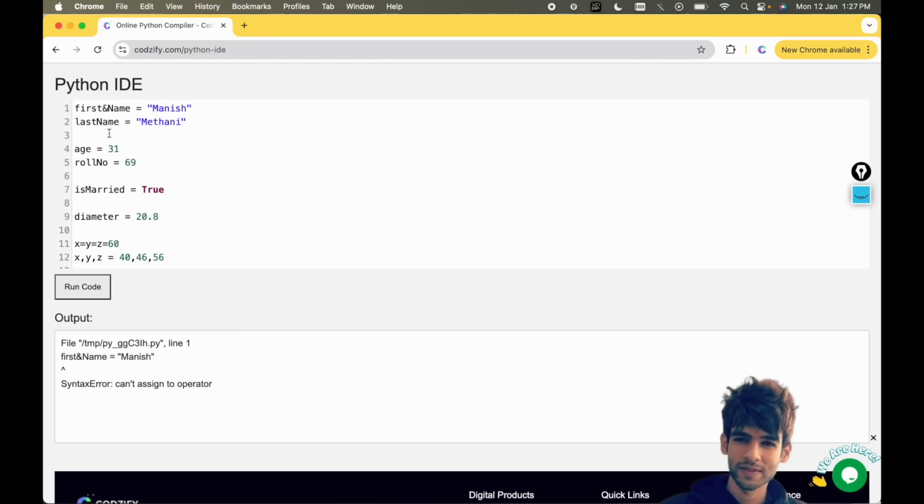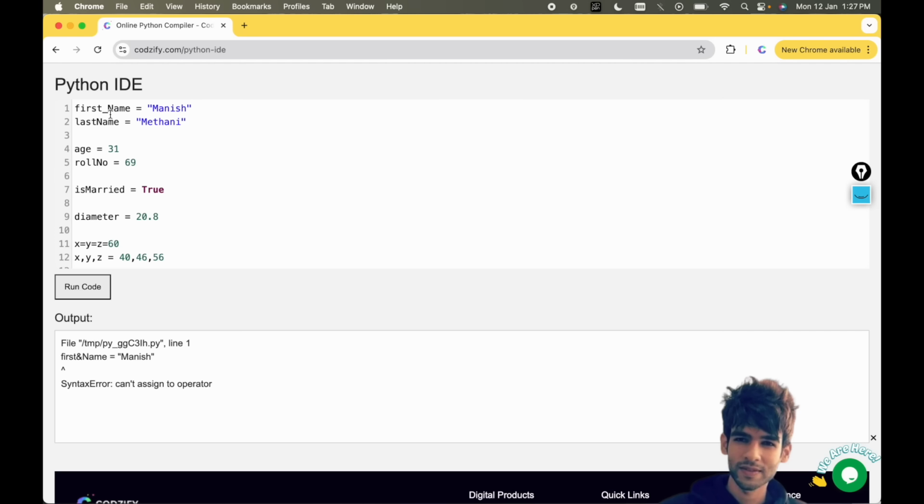You can consider an operator like this. For example, this is a sample 2 plus 2, then this plus is considered as an addition operator. Similarly, we have subtraction operator, multiplication operator, division operator. So we will see these things in our next episode, but currently we should focus on the variable names. There are some rules which you must know.